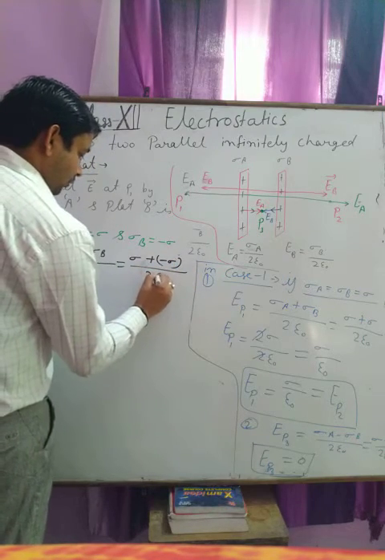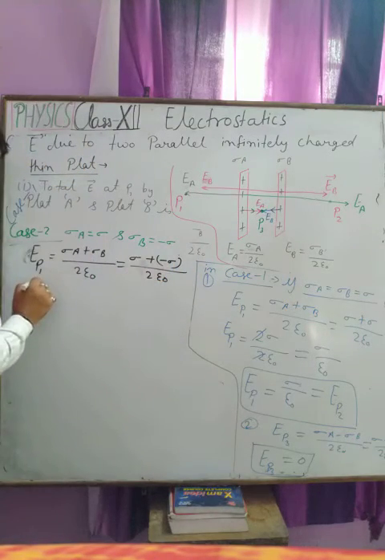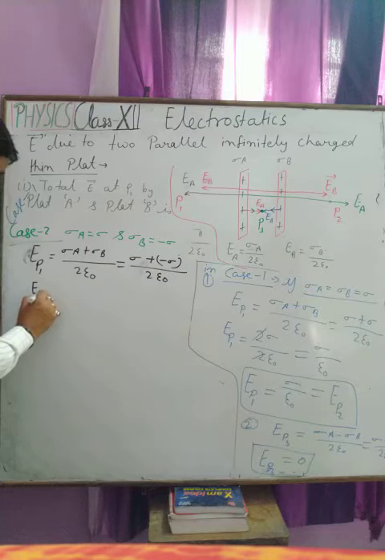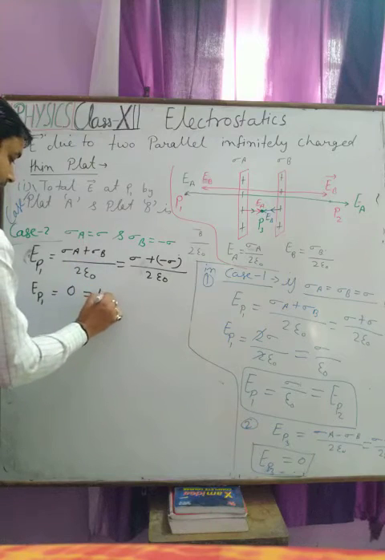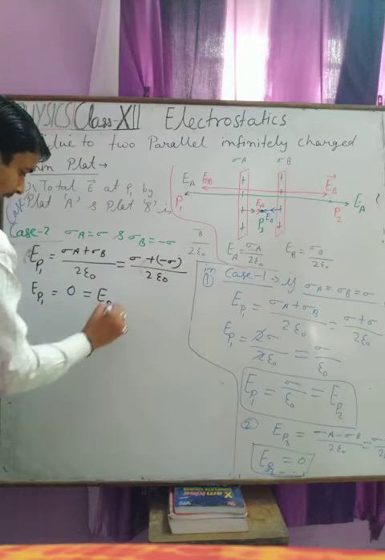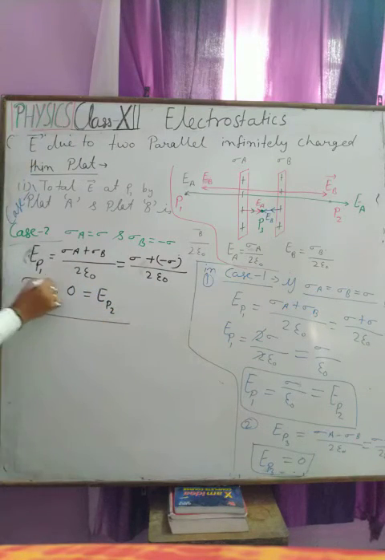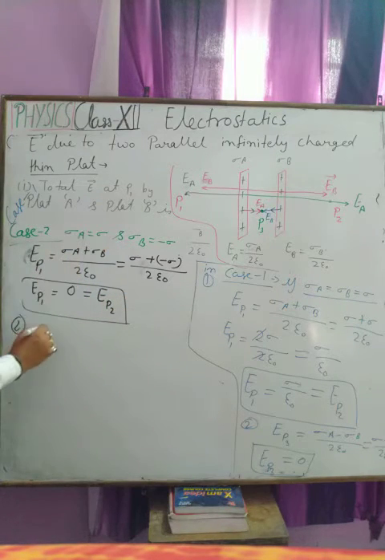What we get, student, is E_P1 equal to 0, and because this is the same value as point P2, we get the same result, and at the center